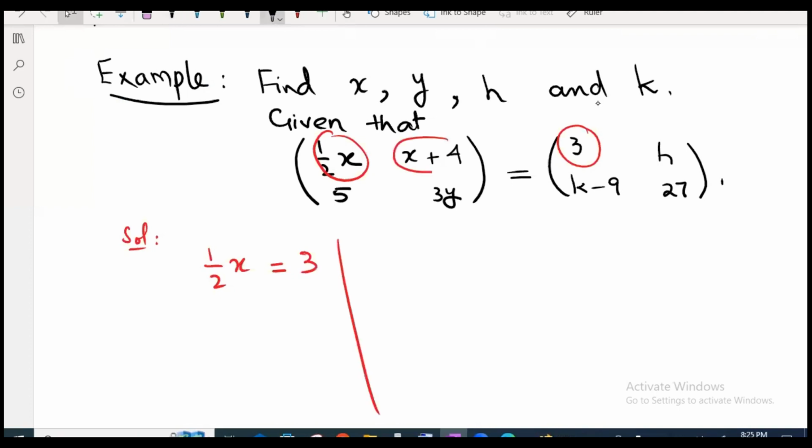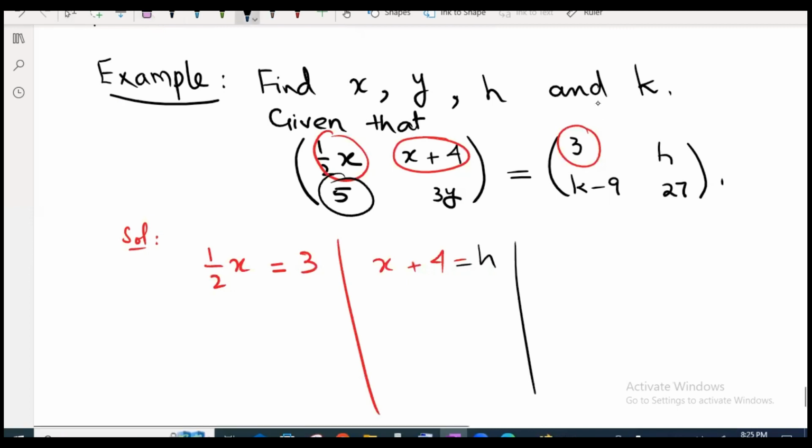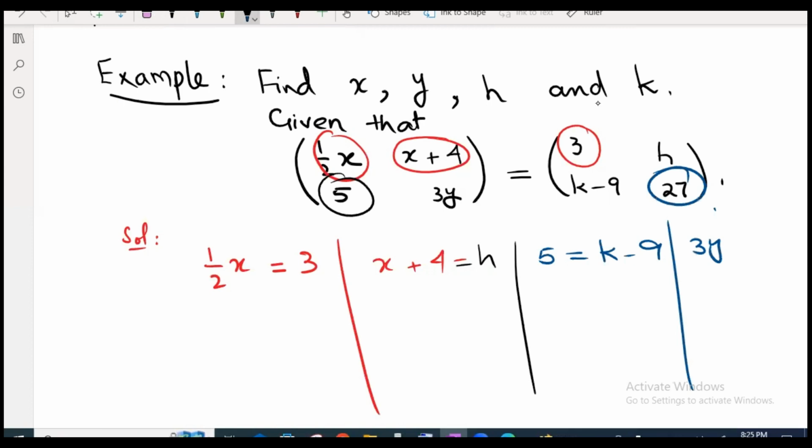x plus 4 equals h. And what about 5? 5 equals k minus 9. And the last value is 27, so 3y equals 27. Right? 3y equals 27. So find,